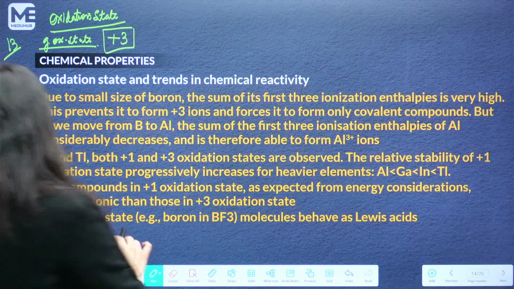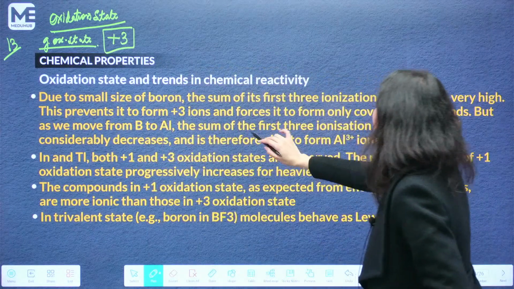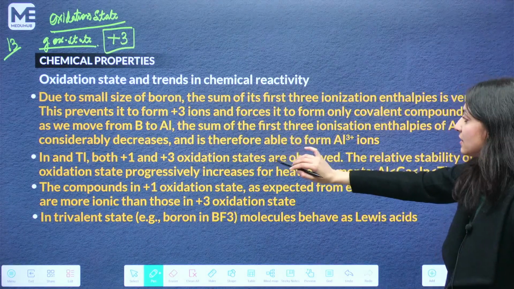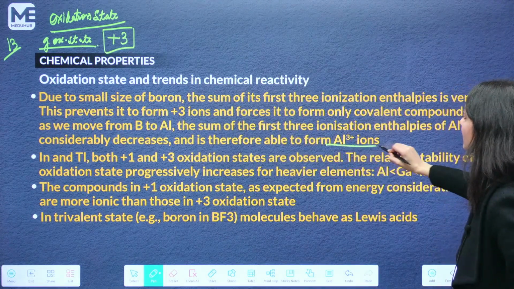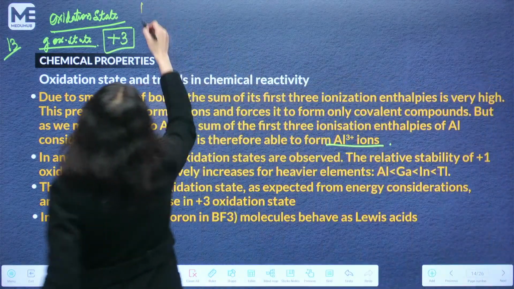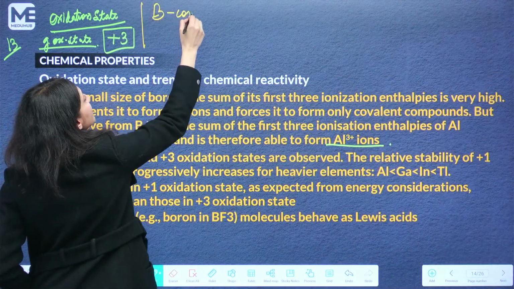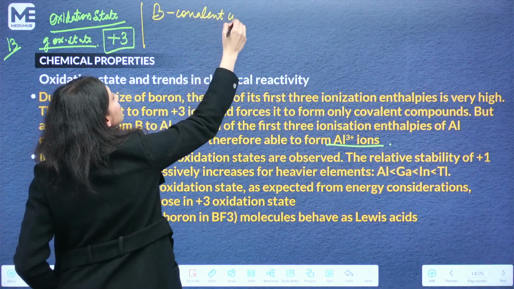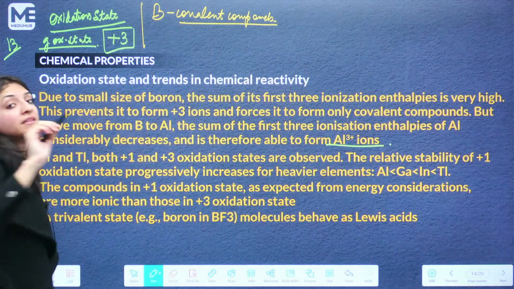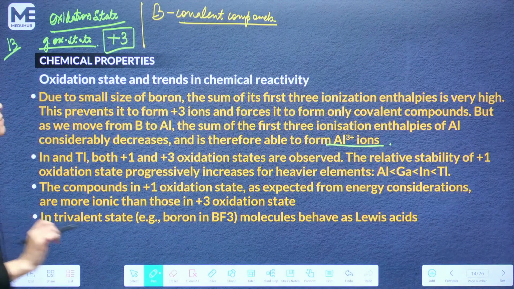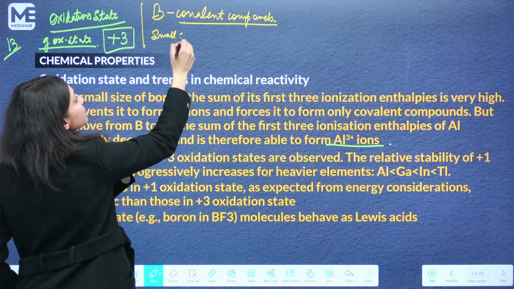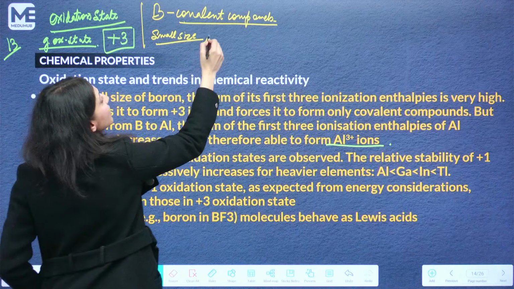But as we move from boron to aluminium, you will see that the sum of the first 3 ionization enthalpies considerably decreases, and therefore it is able to form Al3+ ions. This is a very interesting point. Boron only forms covalent compounds. Covalent compound would mean that it shares electrons and it does not form ions. Why is it so? Because of its small size and a high charge